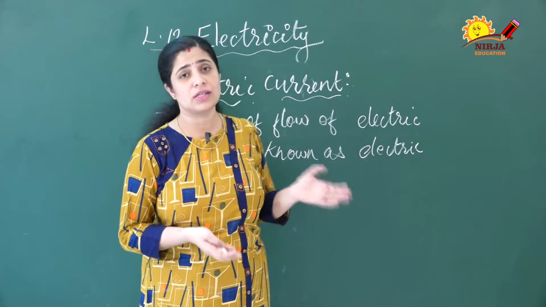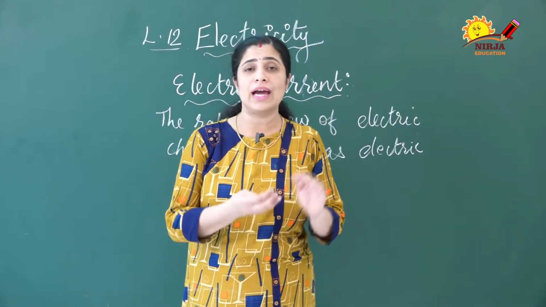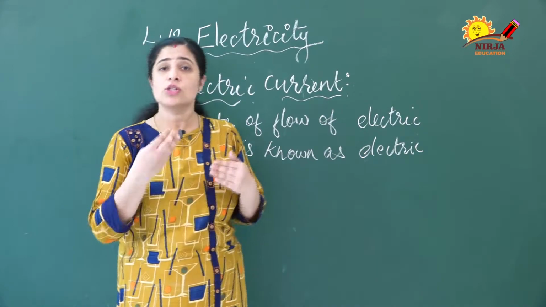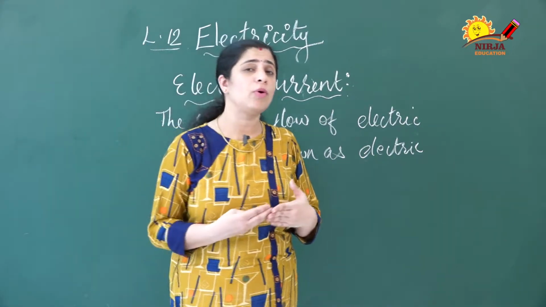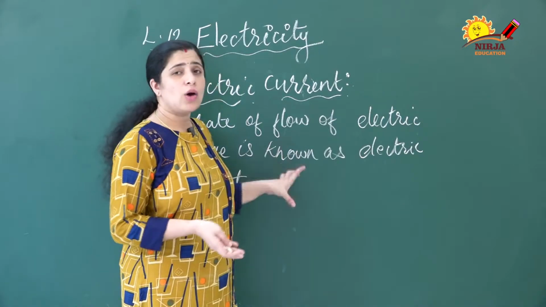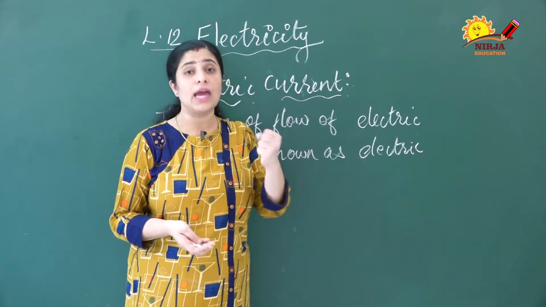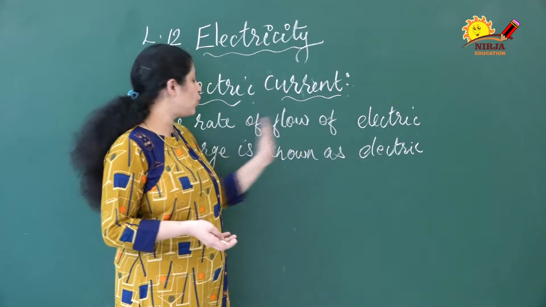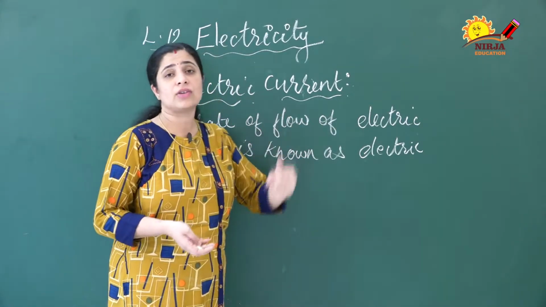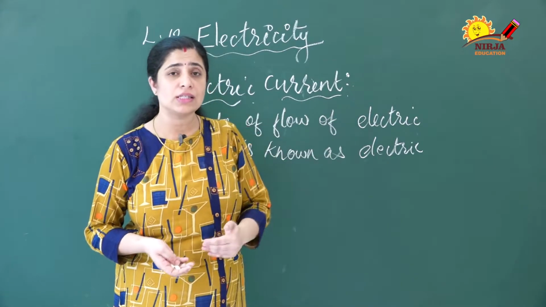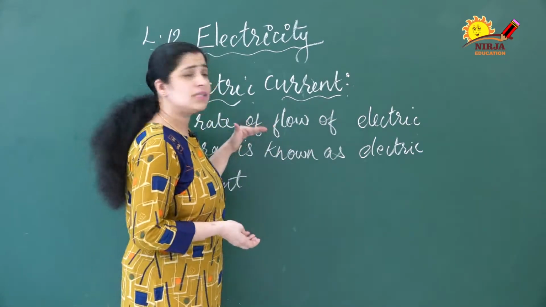Already we have discussed Coulomb's law. In that we discussed that there is an attractive force between the charges. So you come to know about the word electric charges. Here also we will see how these charges are coming and how they are moving. The rate of flow of electric charge means the electric charges are flowing or moving. That is the reason for the electric current in the conductor.